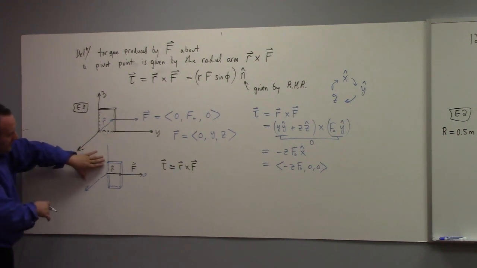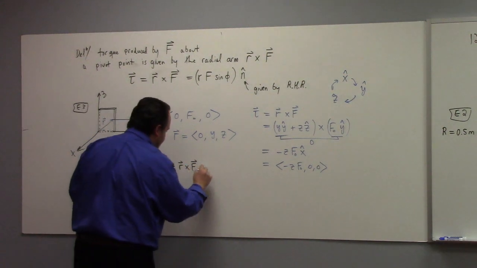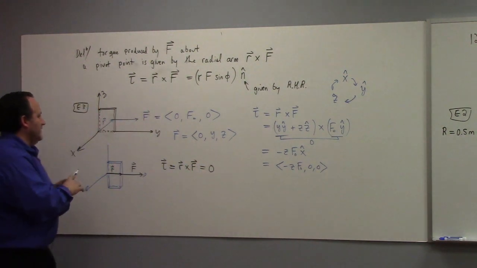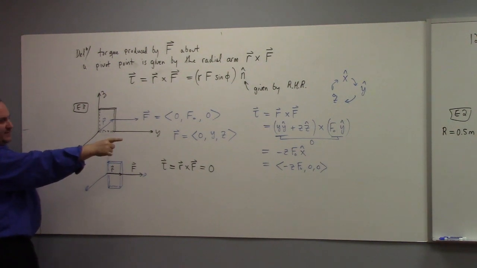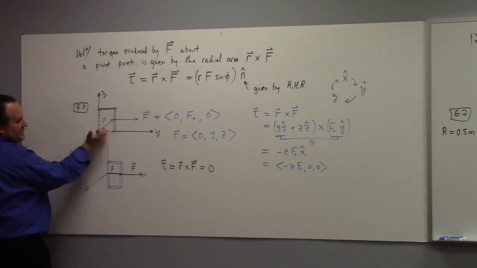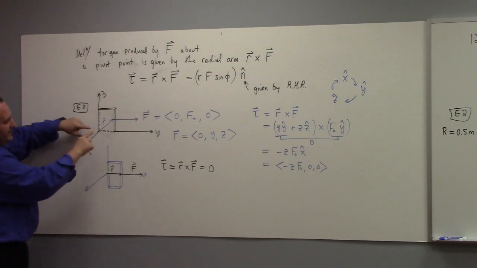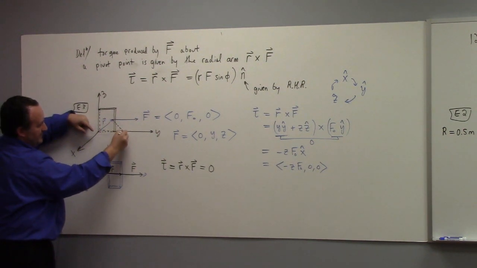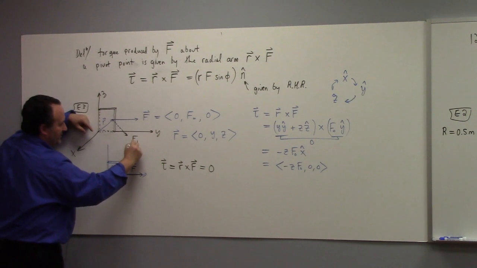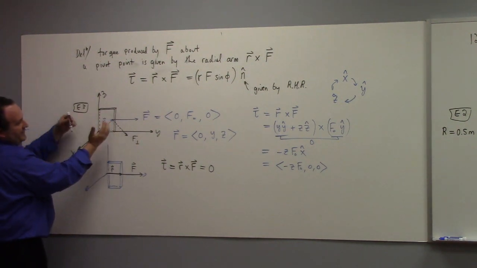So this one here, R cross F is 0, right? So the torque is 0. See, if you can picture where is minus z x hat in this picture? It's right out of the board. So actually what's going on here is there's a piece of this force which is going down like this, right? This is the perpendicular part of the force to the radial arm, and what you're doing is you're creating a